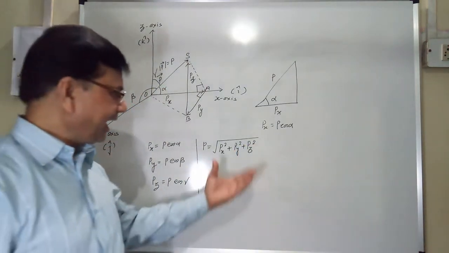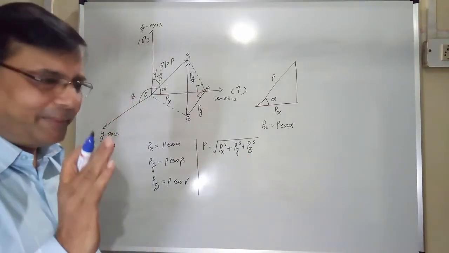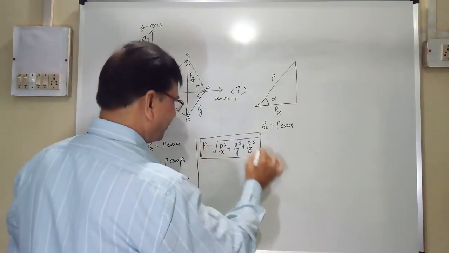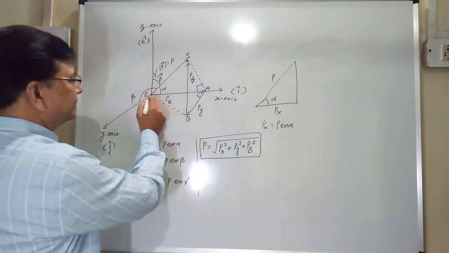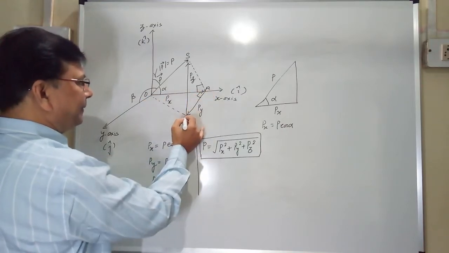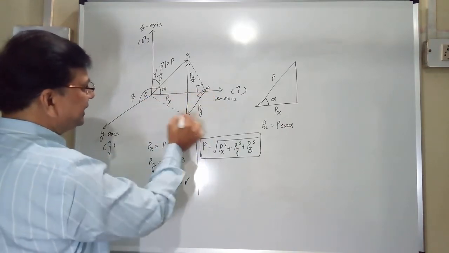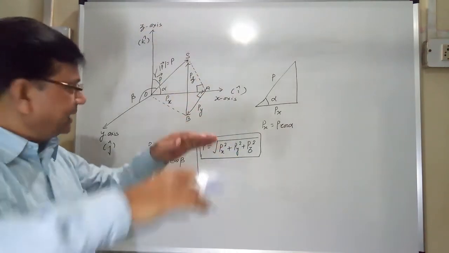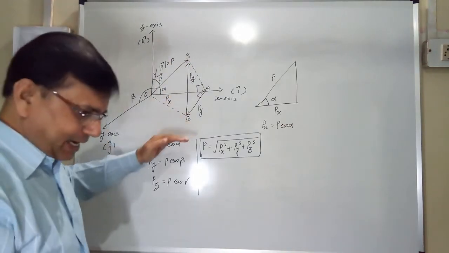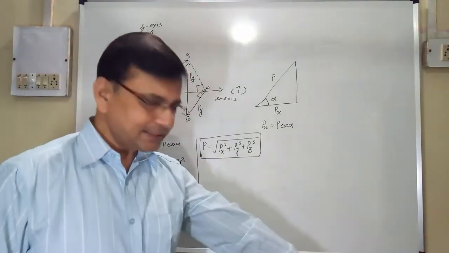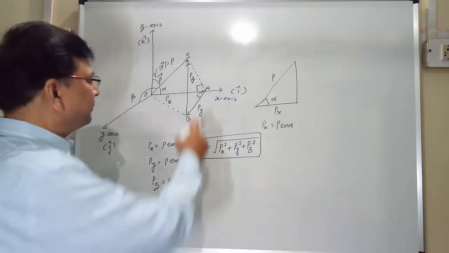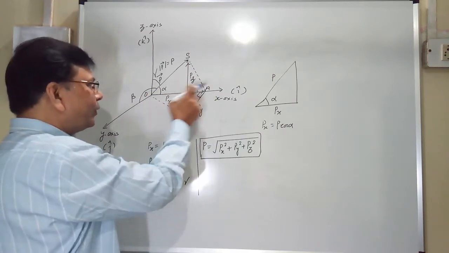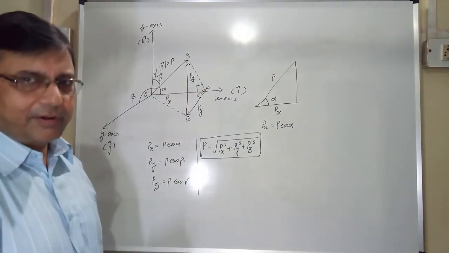The question will arise, how do we get this? So I will make you understand what is the proof of this. See, OA and AB. So this is a right angle triangle. OAB is a right angle triangle. On the base, its projection is taken on the surface, and this is 90 degrees. This is the projection, that is OB. So this is 90 degrees. I have drawn the projection on this. This is 90 degrees. OAB is a right angle triangle, isn't it?